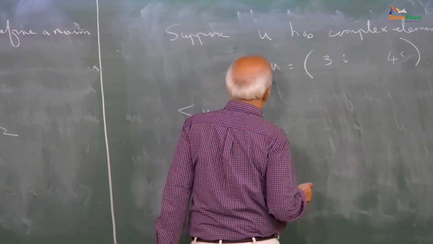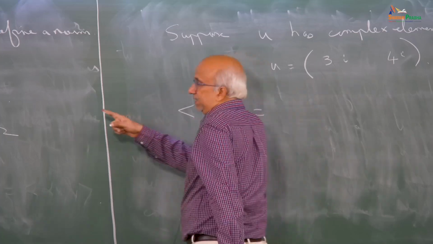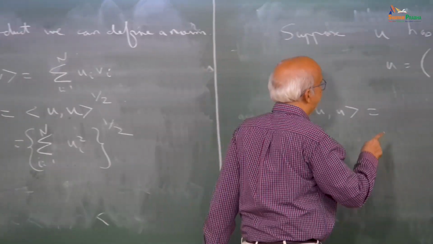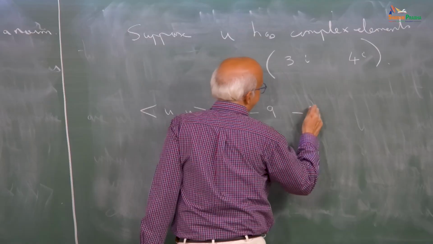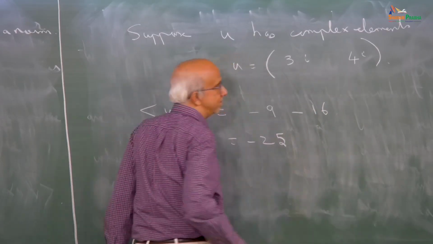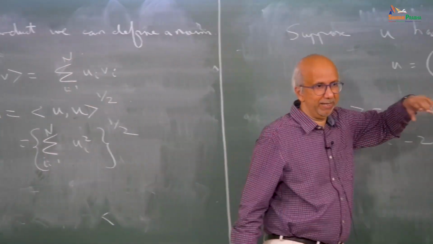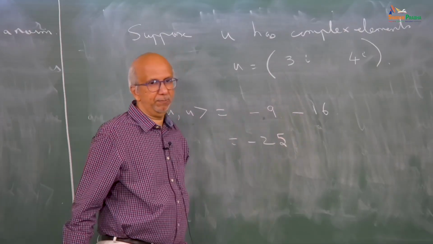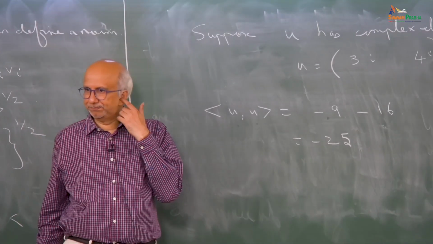So, what is the inner product of U with U? By definition, sigma ui vi, sigma ui squared, right? So, 3i with 3i is minus 9, minus 16, minus 25. Is this clear? Because 3i multiplied by 3i gives me 9i squared, which is minus 9. So, my point here is that the inner product of U with itself is